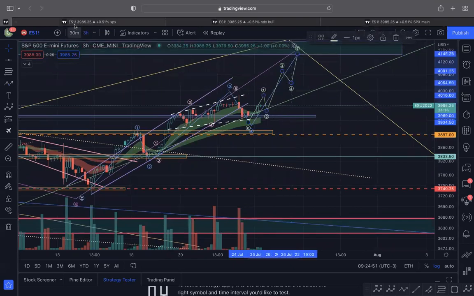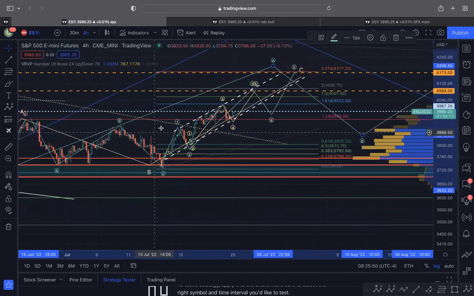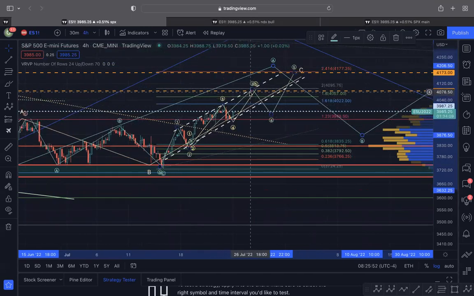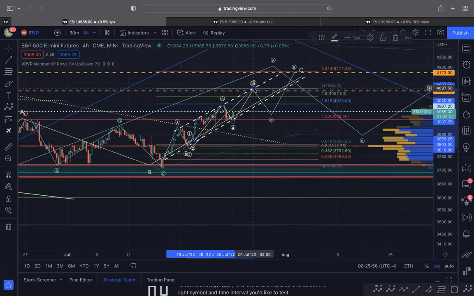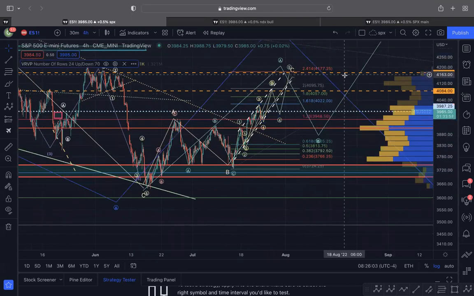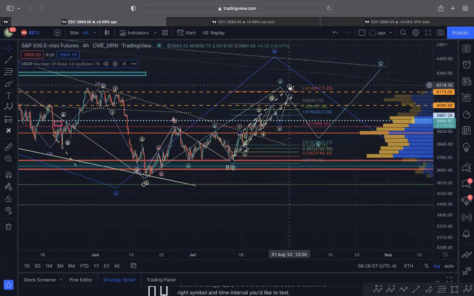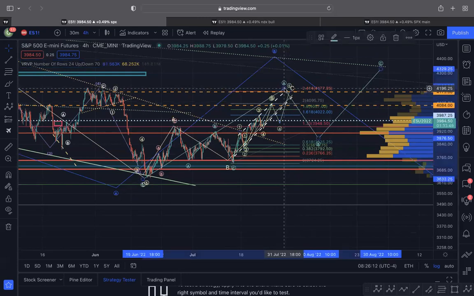If you're in a wave 3, you're likely to see an impulsive move. As you can see, this is the channel, holding support and resistance. And I think you would see an impulsive move to 4060, 4070 before you have a pullback before the final wave 5, right? Bigger picture, I'm still looking at resistance between 4140 to 4170, right, to complete this wave 5. At most it may push to 4200, right, before this wave 4 pullback.